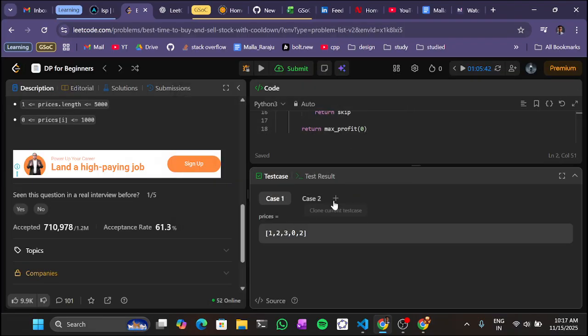Let's add a case where 1, 2, 3, 4, 5, 6, 7,